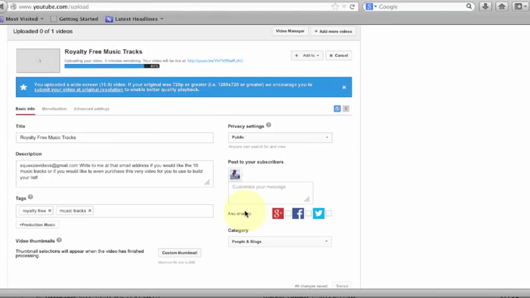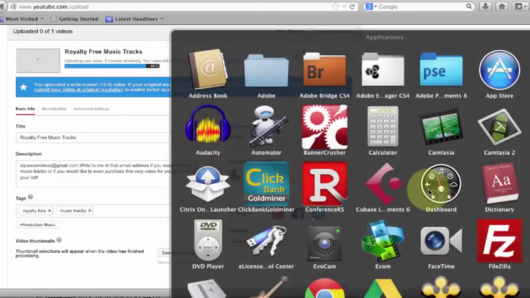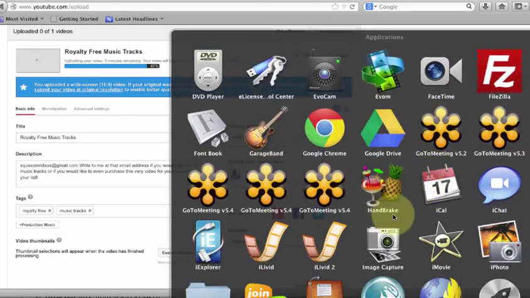Okay, now that it's finishing up, I wanted to tell you a couple more things. First of all, I've given you a very high quality video. You could reduce the quality a little bit to make this uploading go faster by getting this product right here. It's called Handbrake, and if you run the video through Handbrake, you can reduce the amount of space that video takes. In other words, the megabytes may be reduced by 50% or more, and you'll be able to upload it even faster to YouTube. So there's another tip for you.